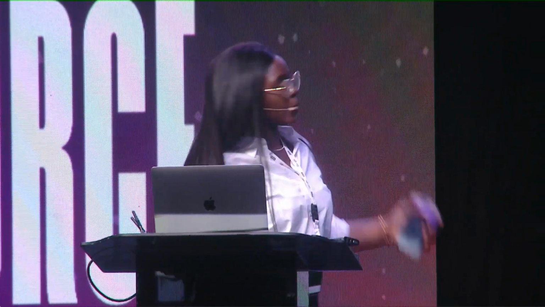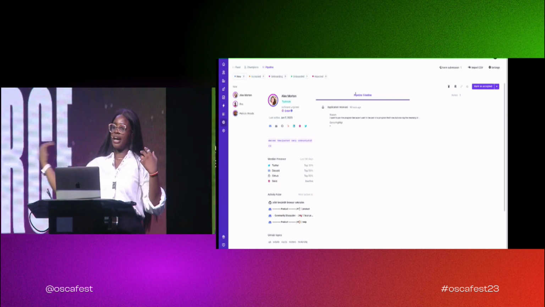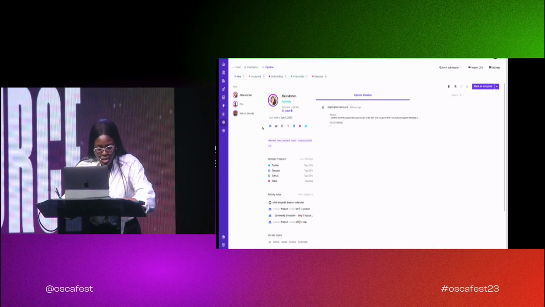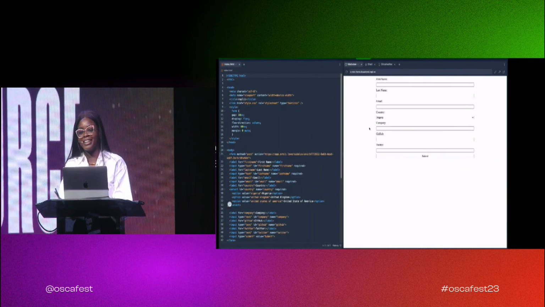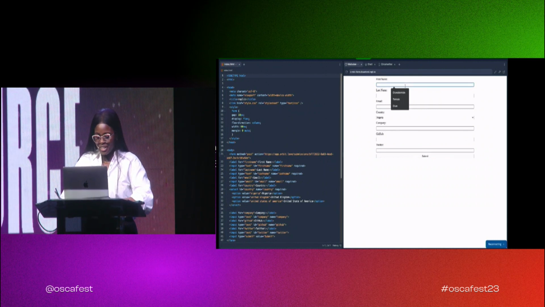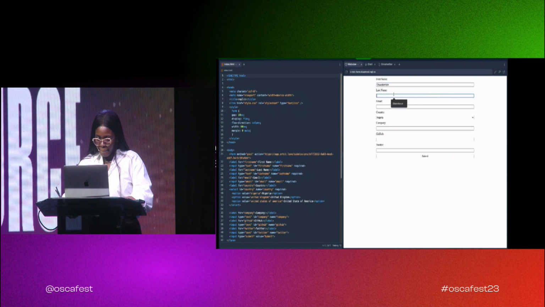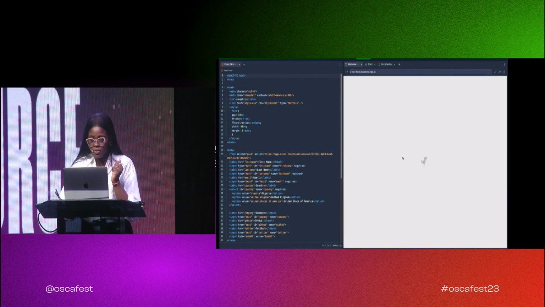So can you see my screen? Yeah. So I'm going to start by submitting a form. I'm going to act like I'm the person applying to be an advocate here. The form doesn't look too good, but I'm also not a developer here, so I'm just going to fill in my information. Note, I'm only filling in basic information like my last name, my first name, my email, and country. And I'm going to submit this form.